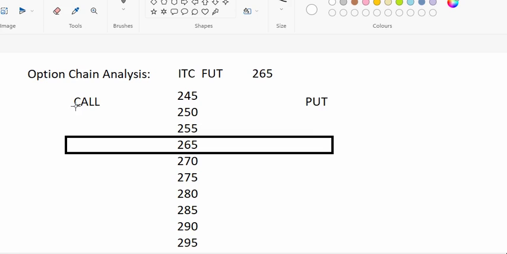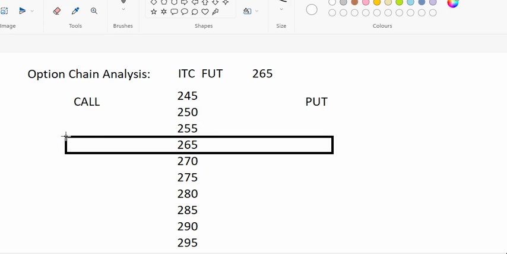So this side is a call option. This side is a put option. Okay. So XYZ person is bullish on ITC. He is thinking that at the end of June month, ITC will touch 280 or 280 plus. That's what he's thinking. He's bullish about 15 points from here. So what he can do,